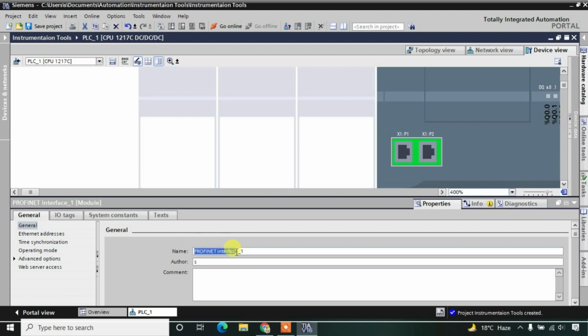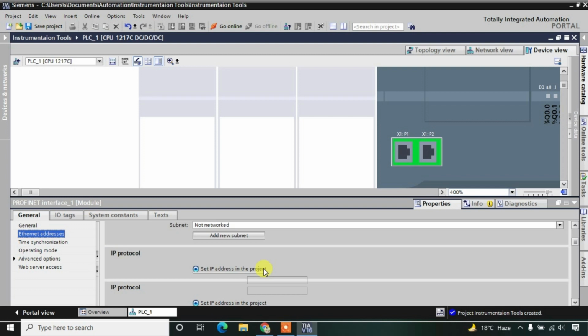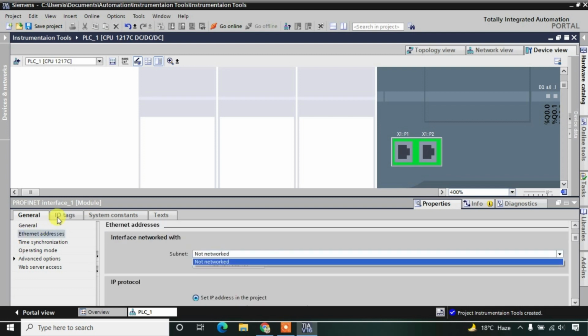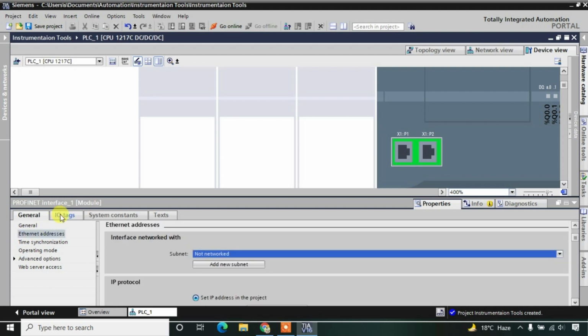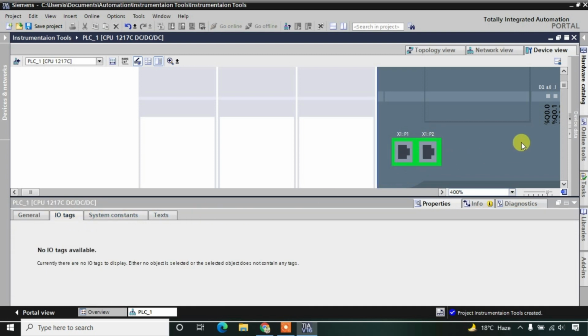See what the description is here: Profinet port. Here we have the Ethernet address. It is not networked actually. Here, if you observe, there are no tags available because we have selected this port.